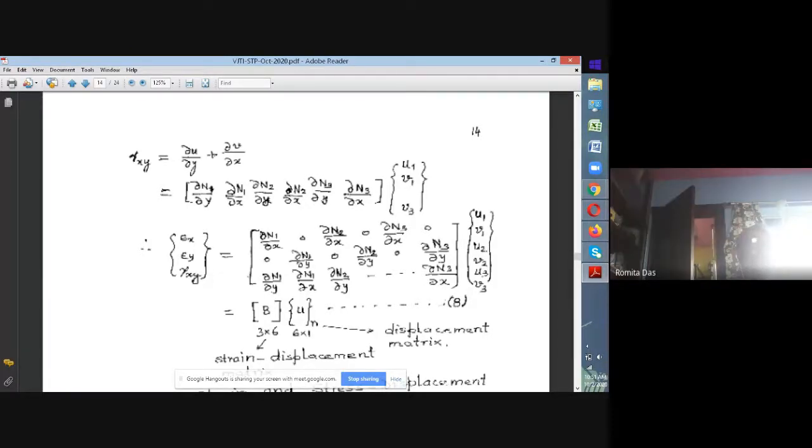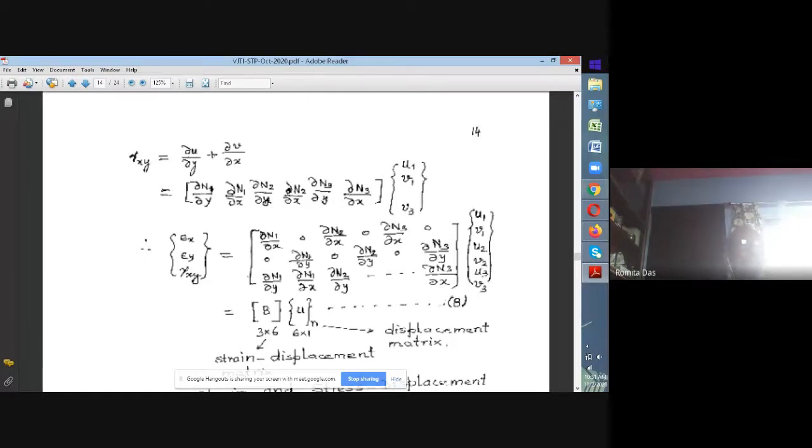Thank you. There are actually umpteen number of books. Desai and Abel, that was the first book. Zienkiewicz was the second book in the global market. And then, R.D. Cook came, and then Reddy came, then Chandrupatla and Belegundu came, and Martini, and all. If you just look into the literature, actually hundreds of books are there. So many other people have also written books. So many Indian authors have also written books. So that's not a problem.